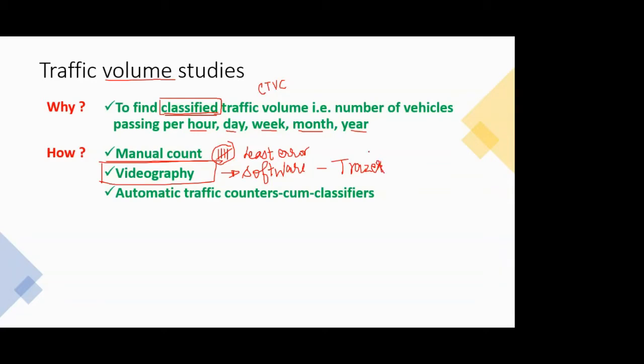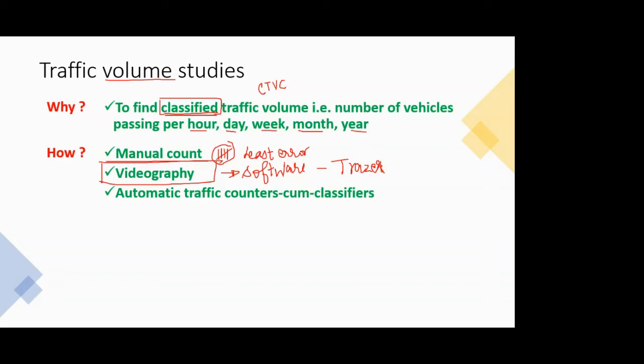So this is a software, an application, desktop or laptop based, in which you just feed in the video, and the software is coded in such a way that there are standards. Suppose I'm using Tracer for Indian conditions. In India, in general, what is the average dimension of the vehicles? Those are coded into it: the average dimension of a car, bus, two-wheeler, all sorts of things.